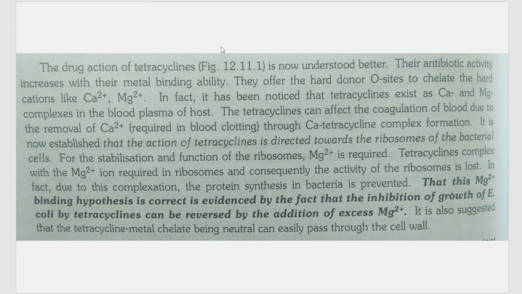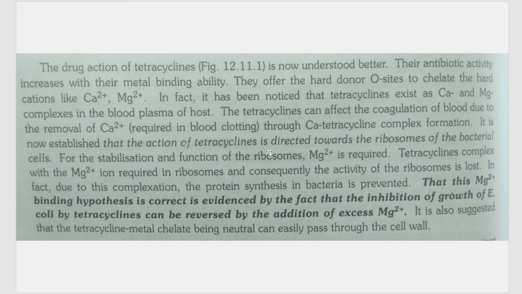But tetracycline, because it has hard donor sites which prefer to bind to hard cations like calcium and magnesium, what does tetracycline do? When it comes into your bloodstream, it can take the calcium from your blood and form complex with calcium. So the person, because his blood is deficient of calcium, will not have blood clotting property. Okay, but majorly why is this tetracycline still used is that